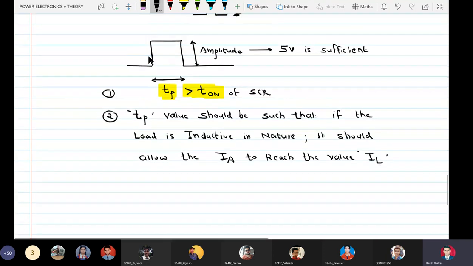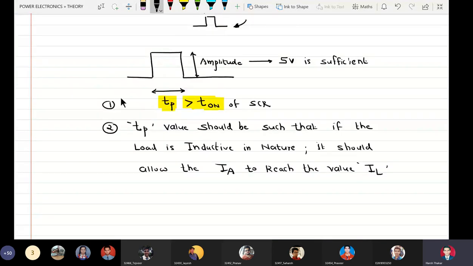This is very important. There are two conditions, and this condition is very important.